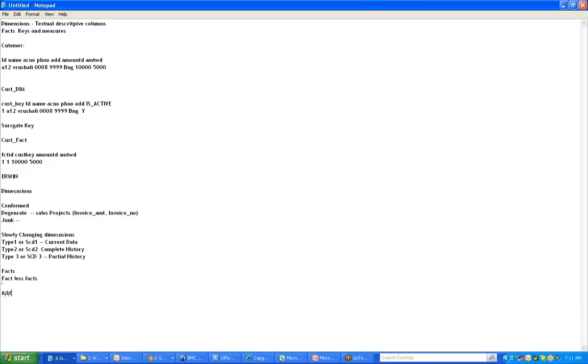And there are three types of facts: additive facts, semi-additive facts, and non-additive facts. These things are just for theoretical purposes. In real time, you'll be least bothered about what facts you are loading, because your job is to load the data, and the reporting team will be getting the data and showing it to the users. Your job will be just to load the data based on the data mapping document which will be provided by the user. Let me show you the data mapping document, how it will be.